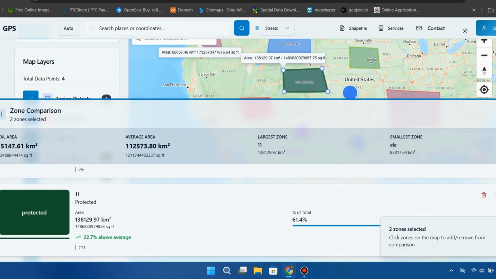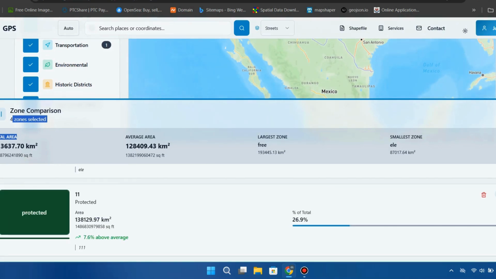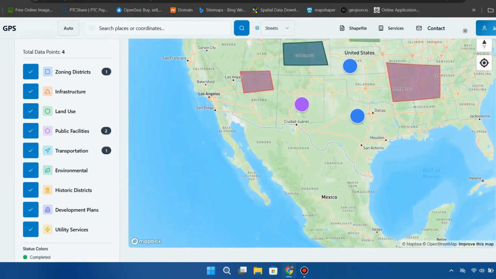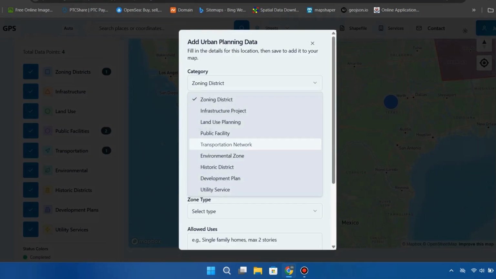The tool also supports exporting zone data and adding custom attributes within the urban planning interface. Data can be easily exported in formats such as GeoJSON and CSV, making it convenient for further analysis and integration